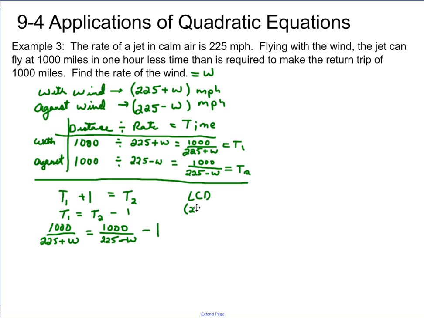that is 225 plus W times 225 minus W. So let's multiply through 225 plus W times 225 minus W. I'm going to put that over 1 so that I see it, times 1,000 divided by 225 plus W